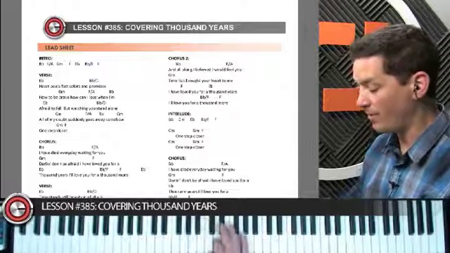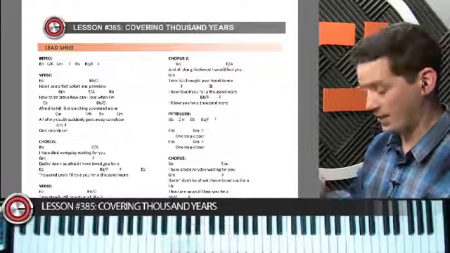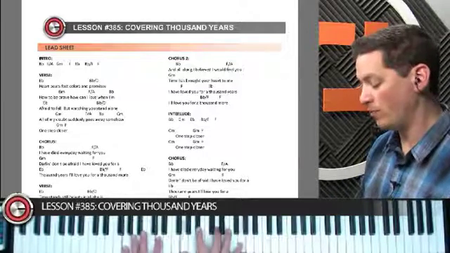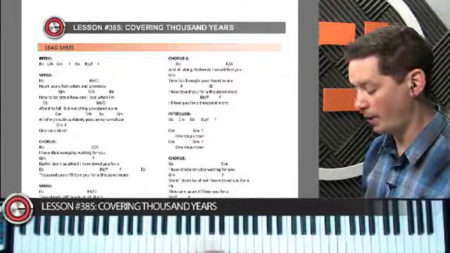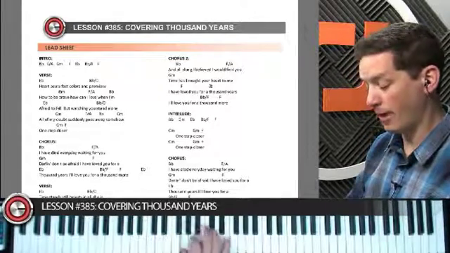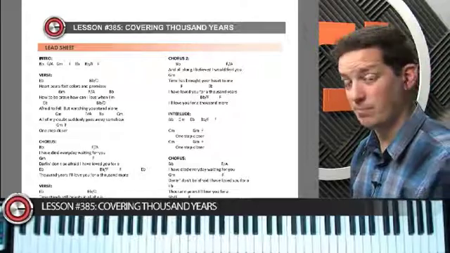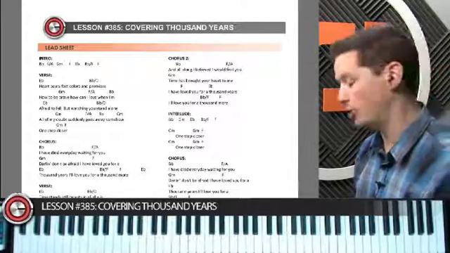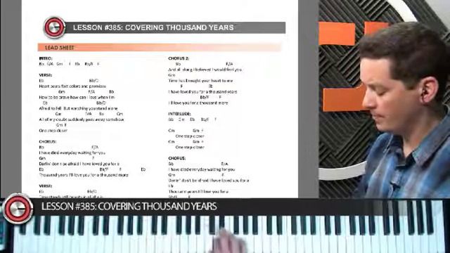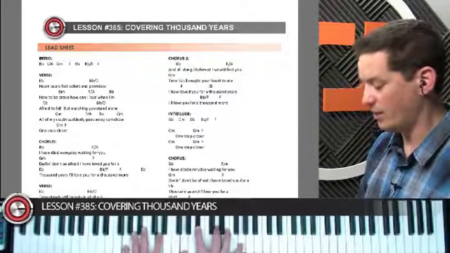Most of this is in B flat. The whole thing is in the key of B flat. Most of the scales are going to be B flat. For example, on the G minor, an additional scale that you might use is the G minor scale, which is the same set of notes as the B flat major, because B flat major and G minor are relatives, as we've talked about in other lessons. But when we get to that section,